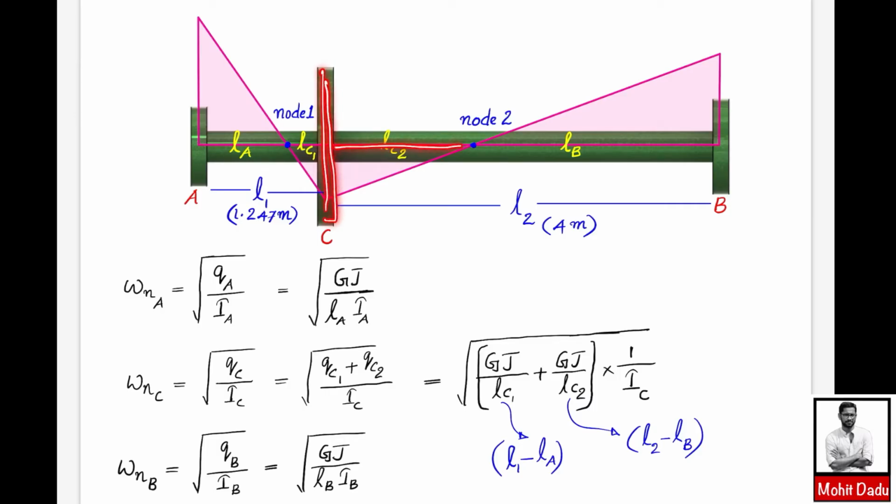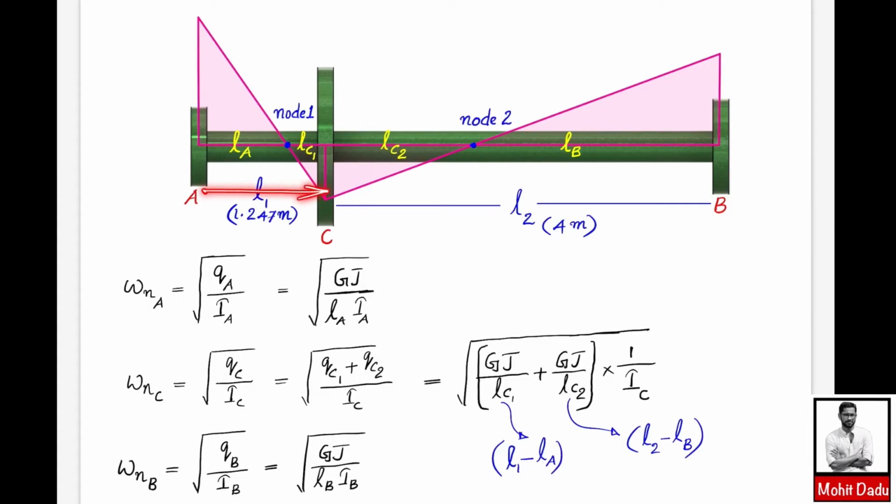Similarly, this rotor C is coming here, and these two lengths are like a shaft fixed between these two nodes. So you can write square root of QC by IC, where it is like a parallel connection. So you can add the total stiffness of those two parts. So it is square root of QC1 plus QC2 divided by IC, and you can expand it like square root of GJ by LC1 plus GJ by LC2 into 1 by IC,